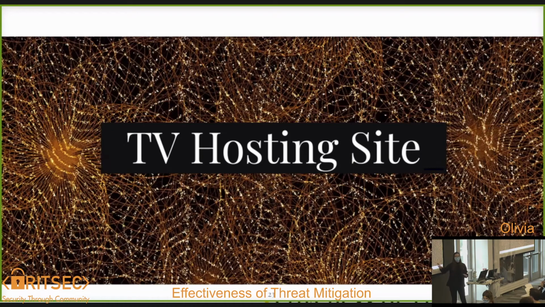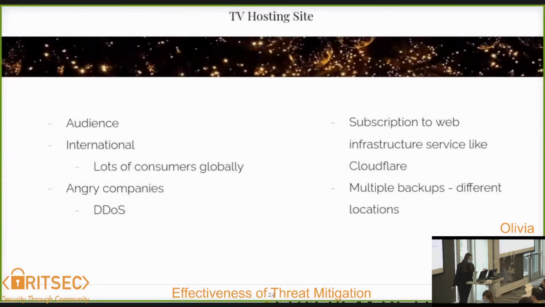I just think that this example really illustrates the beauty of the OSI model. So first we need to consider the audience of the company. For a general TV hosting site, the audience is 30 and younger, so they're usually pretty tech savvy. In addition, a lot of these websites will offer dubbed, subbed stuff, which means that there's an international audience that needs to be accounted for. As a result, these websites tend to become very popular very quickly and end up